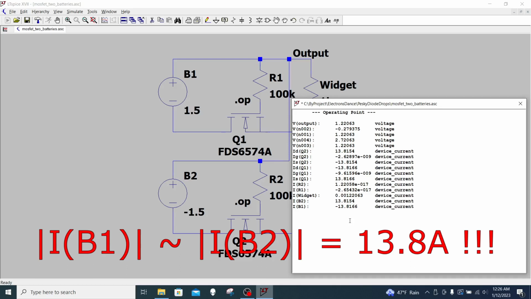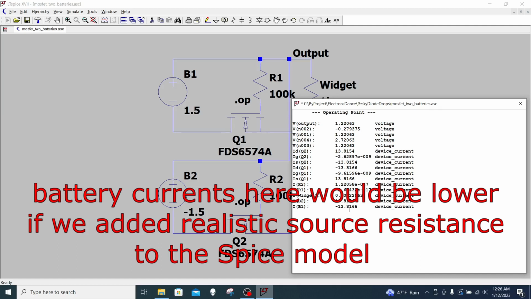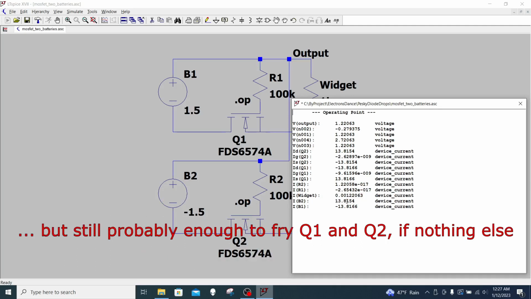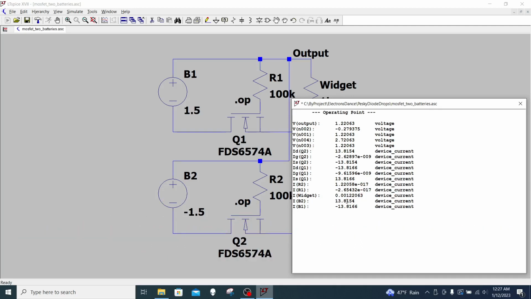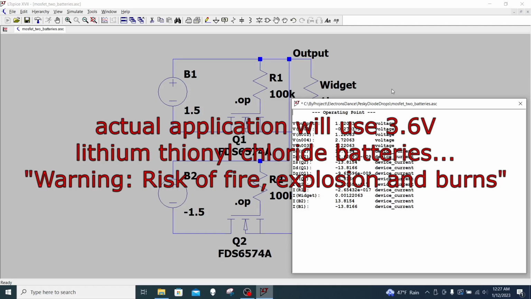Let's look at the battery current. Holy mother of pearl. There's almost 14 amps flowing through the batteries. That's almost 14 amps of reverse current flowing through battery 2. Those batteries are going to be heating each other up and probably destroying themselves. Depending on the battery chemistry, there may be a fire, there may be hazardous